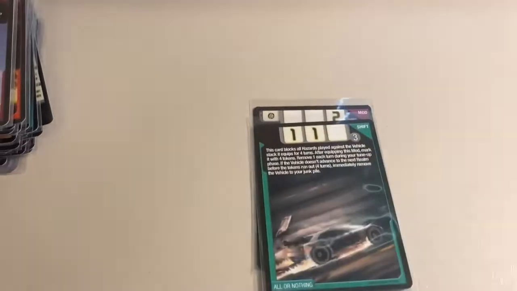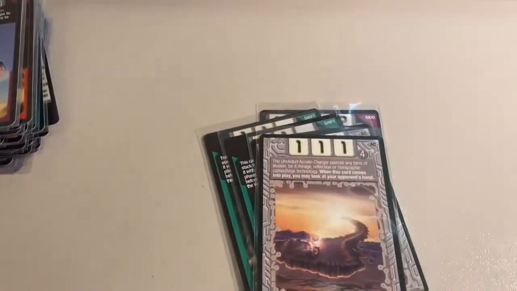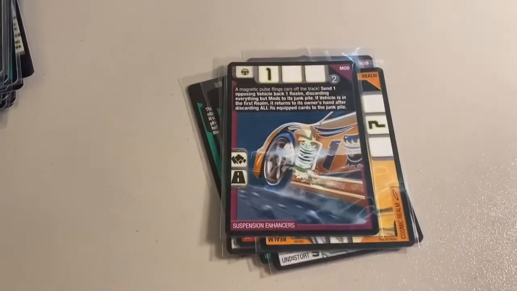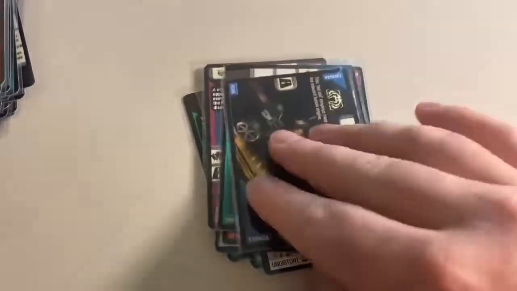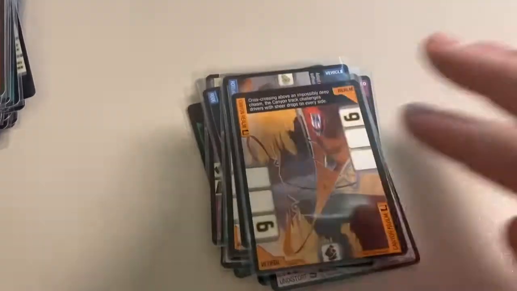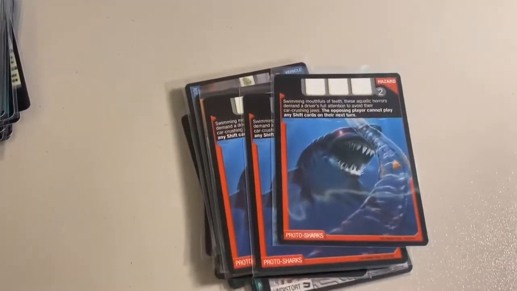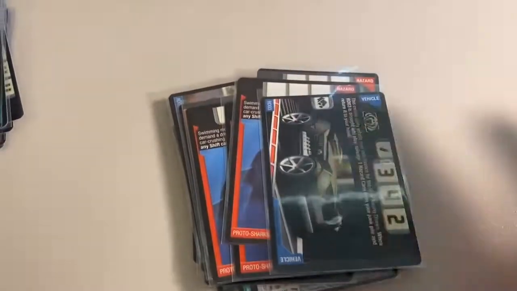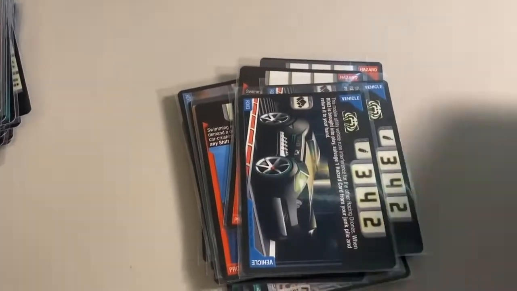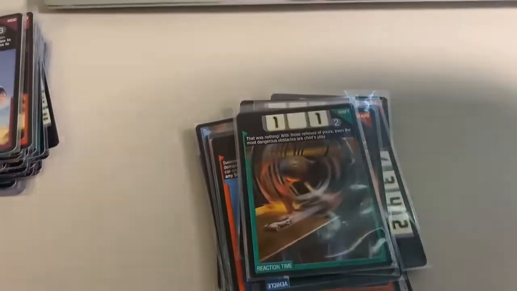And now moving on to the next one, it was a copy of Gyro Stabilizer, 2 copies of All or Nothing, 2 copies of Undistort, a copy of Black Ice, a copy of the Cosmic Realm, Suspension Enhancers, Drifting, RDO 6, the Ruins Realm, RDO 5 version 2, the Canyon Realm, Proto Sharks, well actually 1, 2, 3, 4 copies of Proto Sharks, then 2 copies of RDO 3, 2 copies of Forest Inferno, Reaction Time, then a moderately worn